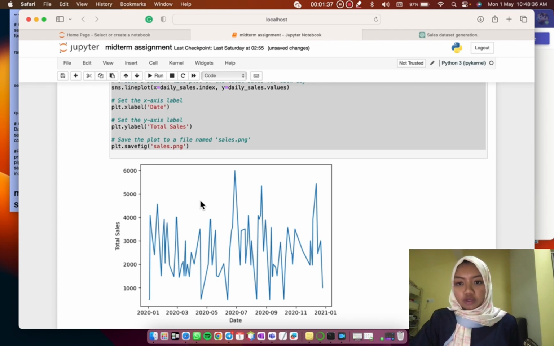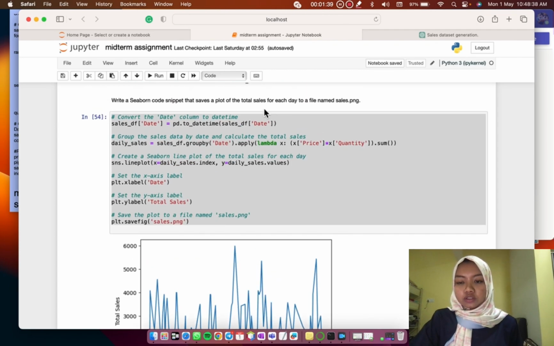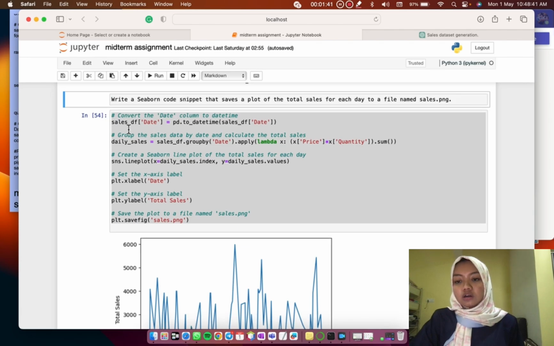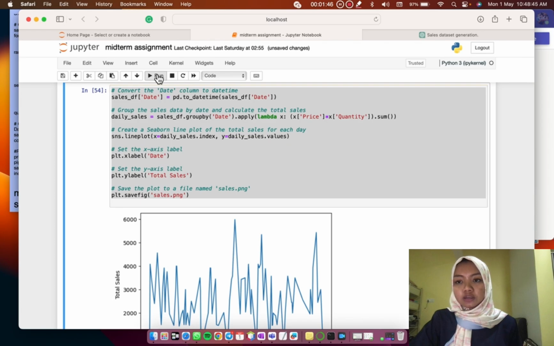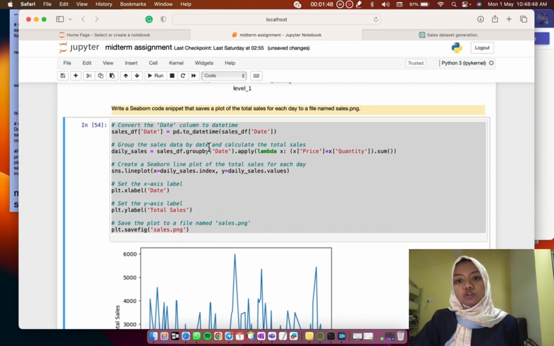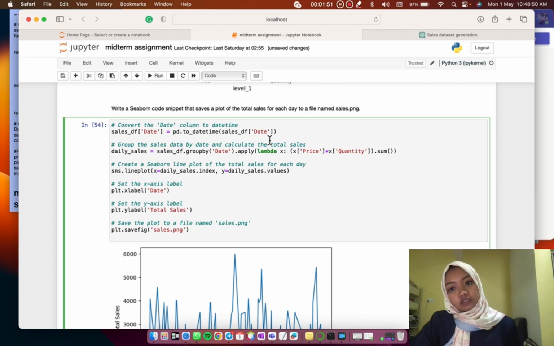So for the last question, I have to write a seaborn code snippet that saves a plot of the total sales for each day to a file named sales.png. So my code first converts the date column in the sales data frame to datetime format using the pd.to_datetime method. Next, it groups the sales data by date using the groupby